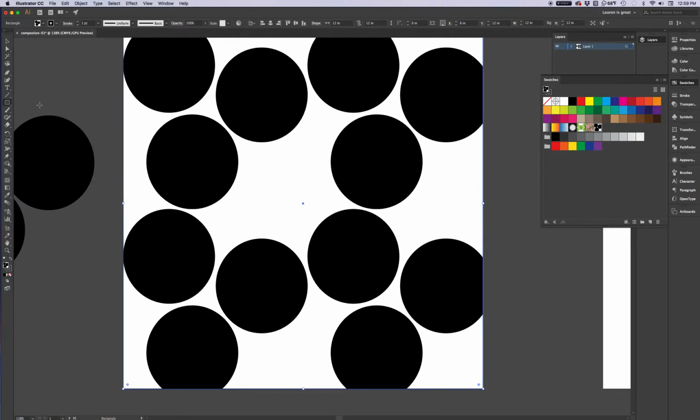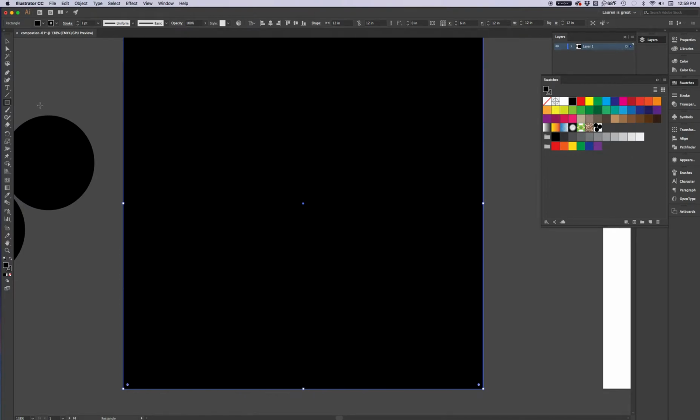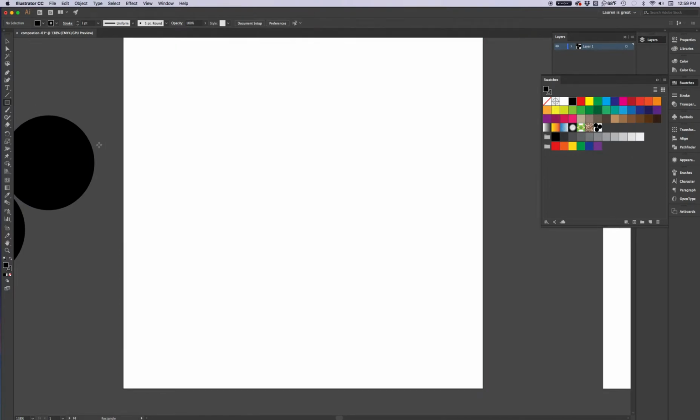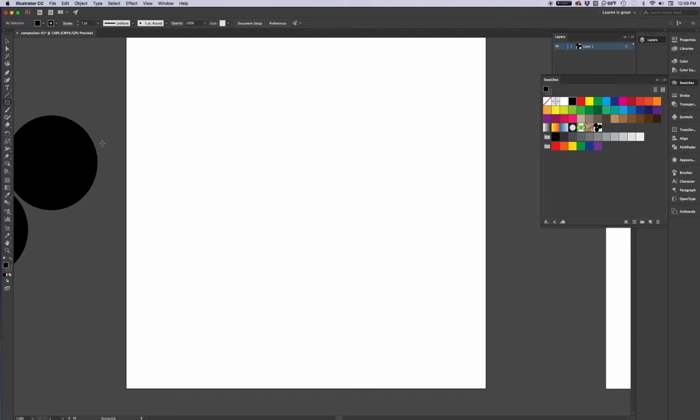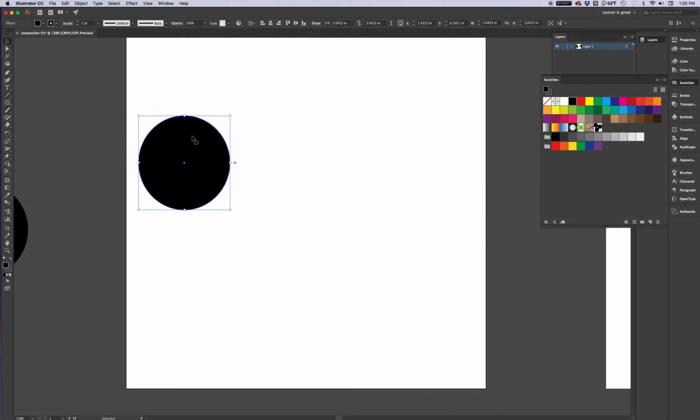Another option is to use something called Object Pattern Make. So I'm going to take one of my dots, and I always drag everything off my artboard and onto the pasteboard because I don't want stuff to show. I only want the pattern to show. But I'm going to start with this one dot,